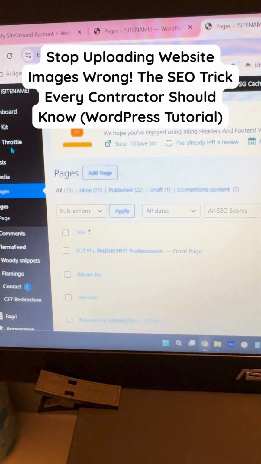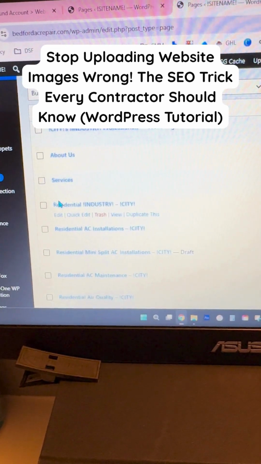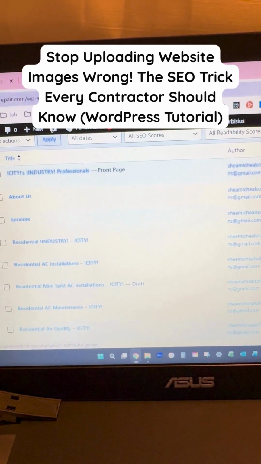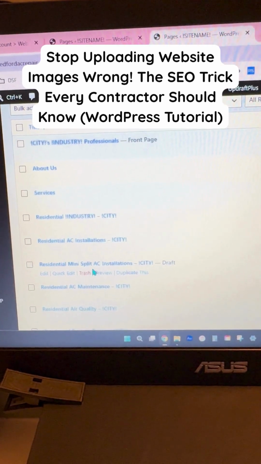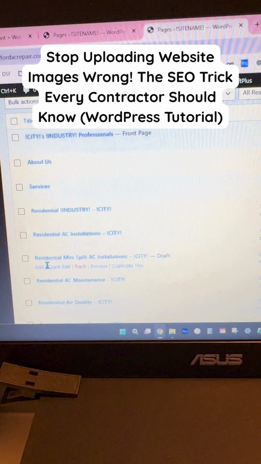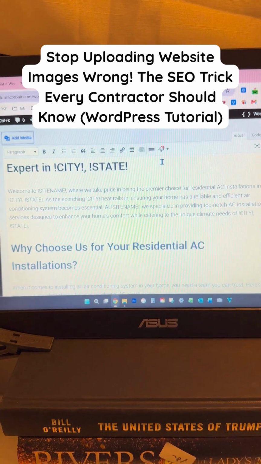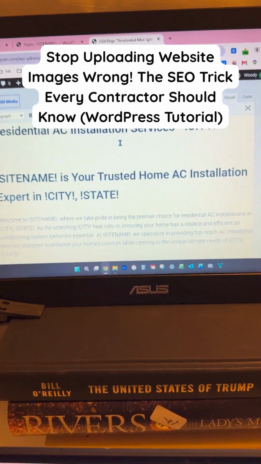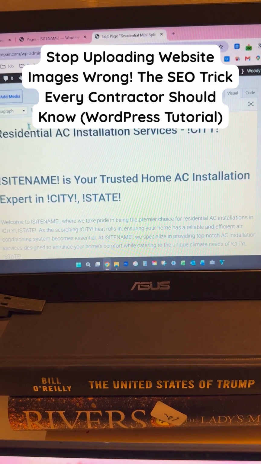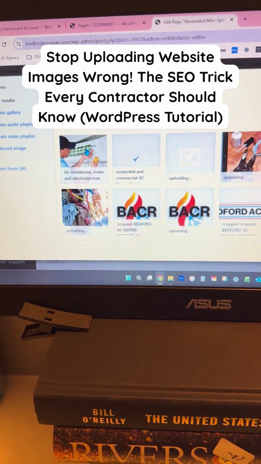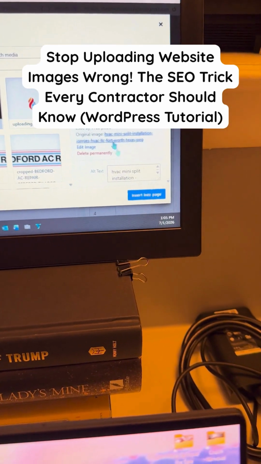Now I'm going to go to pages, and I'm going to scroll down here and find my mini split page, and we're going to go to edit that mini split page. And so we need to go ahead and click edit, and I'm going to go ahead and just delete that picture, and I'm going to go ahead and click on this add media button, and then guess what I'm going to do? I'm just going to click on this bad boy here, and I'm going to come over here, hit insert,